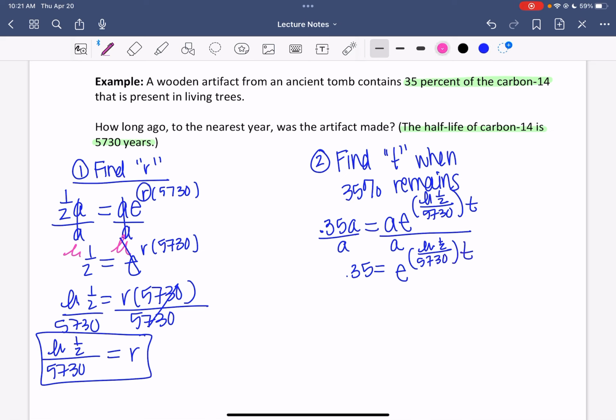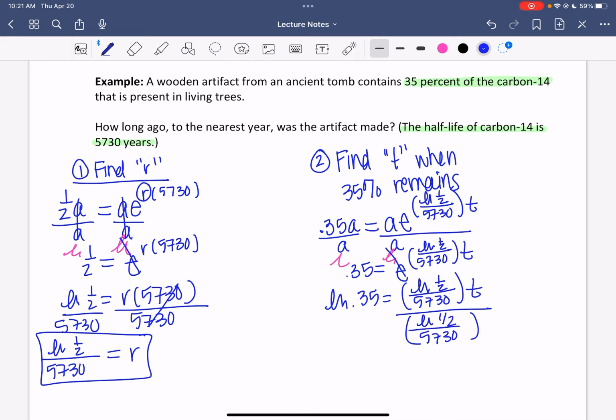And then I'm going to do like I did on the left side there. I'm going to ln both sides. So that cancels out my e, and I get ln of 0.35 equal to ln of 1/2 over 5,730 t. And then I'll just divide by that value. Now, you do not want to use rounded decimals through this process. Make sure that you're using exact values in your on-screen calculator to calculate this. And this would give me